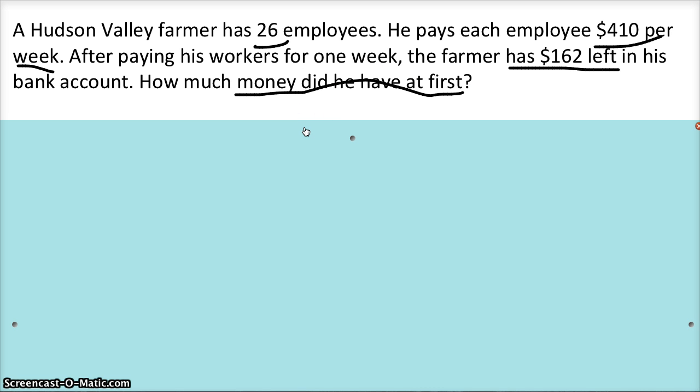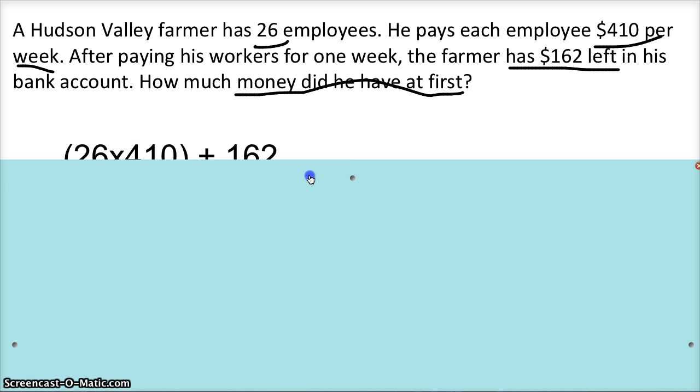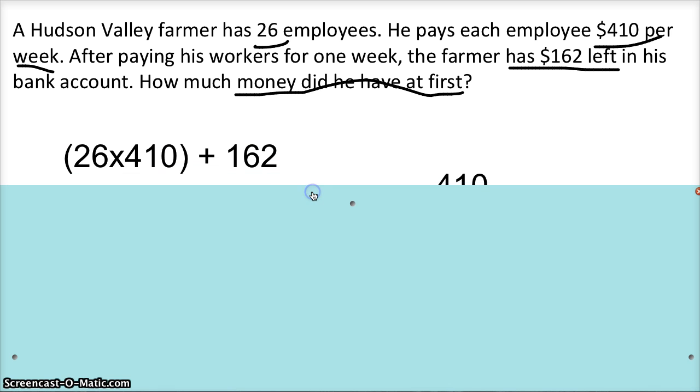Okay, so this question is not asking me to write an expression. All I need to do is just solve it out. I did write an expression because it helped me figure out what I needed to do. I knew that he had 26 employees and he's paying them $410. So that's how I got 26 times 410. And I figured out that I needed to add 162 because if you draw a picture of it,